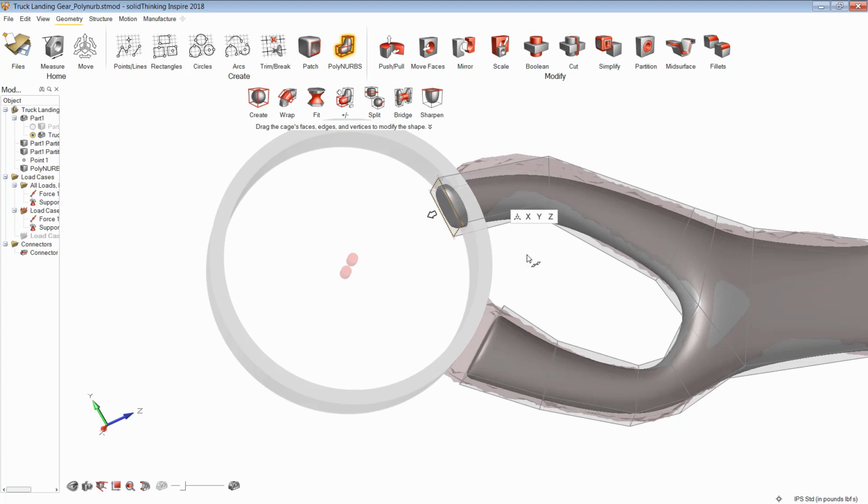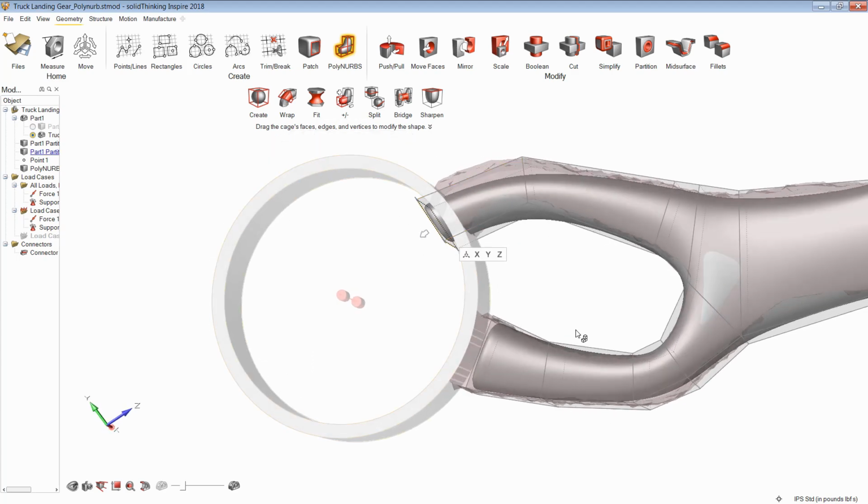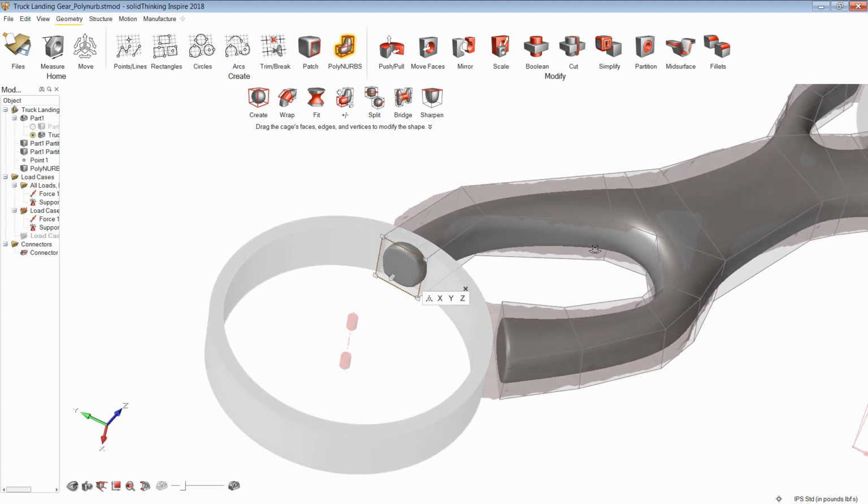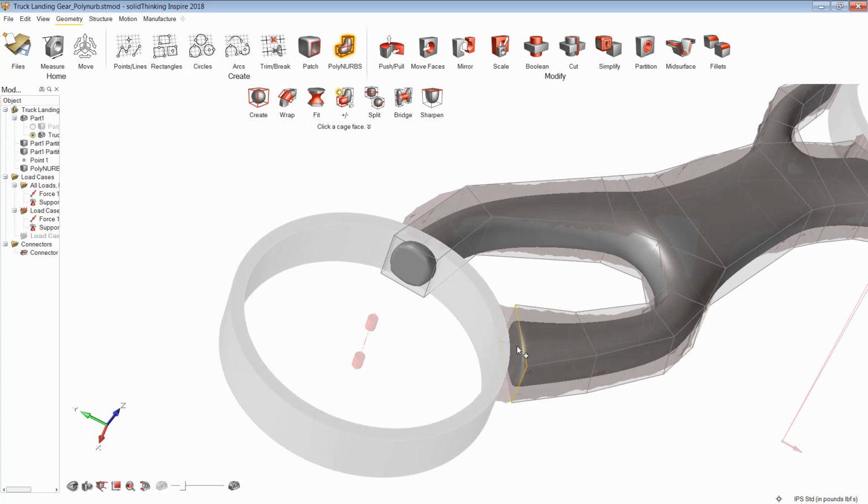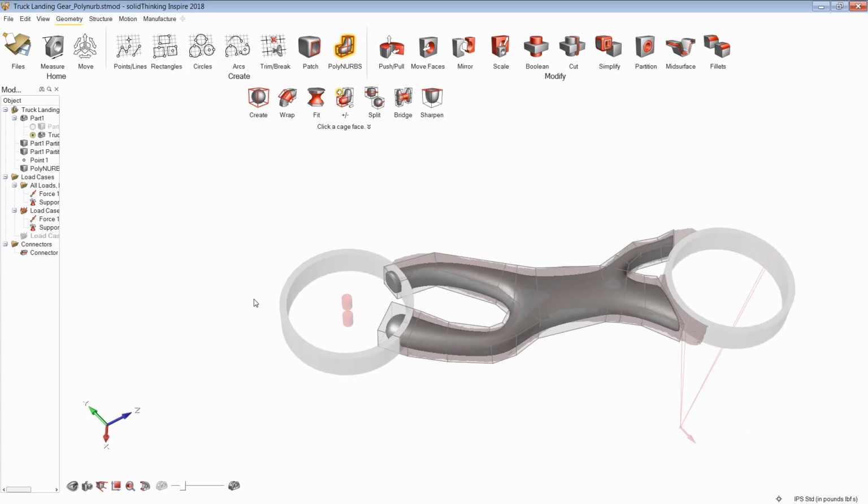And typically with this, I'm trying to go a little bit further than what I'm supposed to, and we'll talk about merging the two together in just a little bit. Okay, I can also use the plus command, which just adds some more material in the same direction that the face was facing,